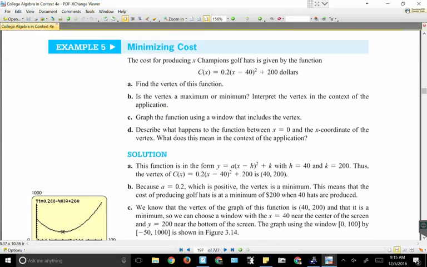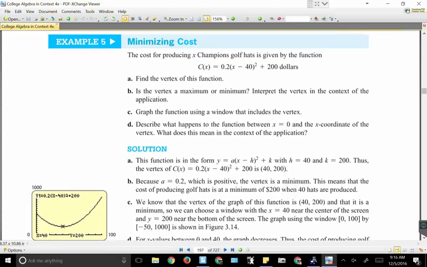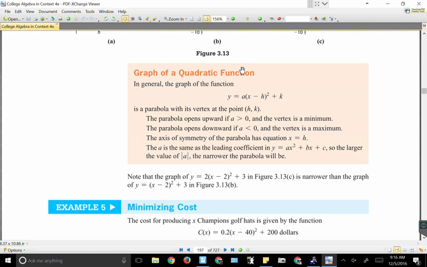So let's see. If I just be looking at this real quick here, if it's in this form, I know exactly where the vertex is. Vertex is going to be 40 and 200. Automatically pops right out of it. The only thing I'll caution you on is make sure that this is negative. There's some reasons for that we'll be going over later, but make sure that you put this one into your notes as well so that you have it to work with. So I'm going to let you guys start on